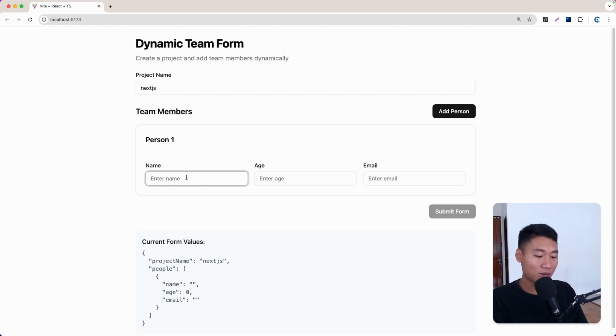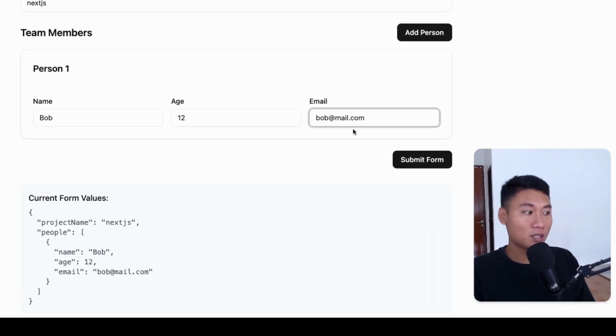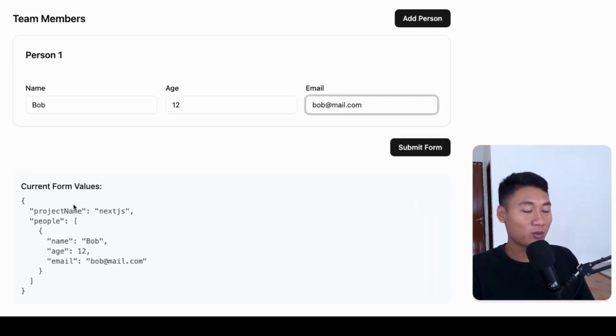I can put name, for example, Bob, and age, let's do 12, and the email. As you can see, we also implement the validation using Zod. As you can see in here, we have the error message, invalid email format. So I can do bob@mail.com. But as you can see on the bottom right here, we have a real-time value when I'm typing any